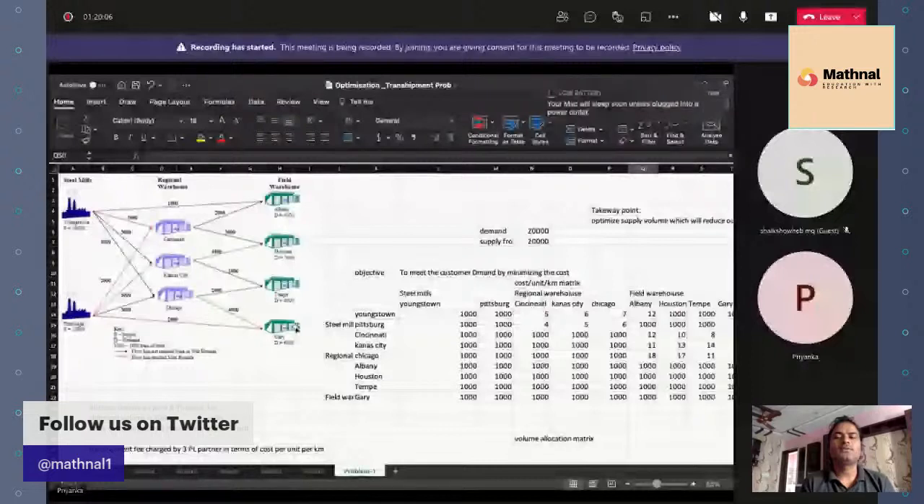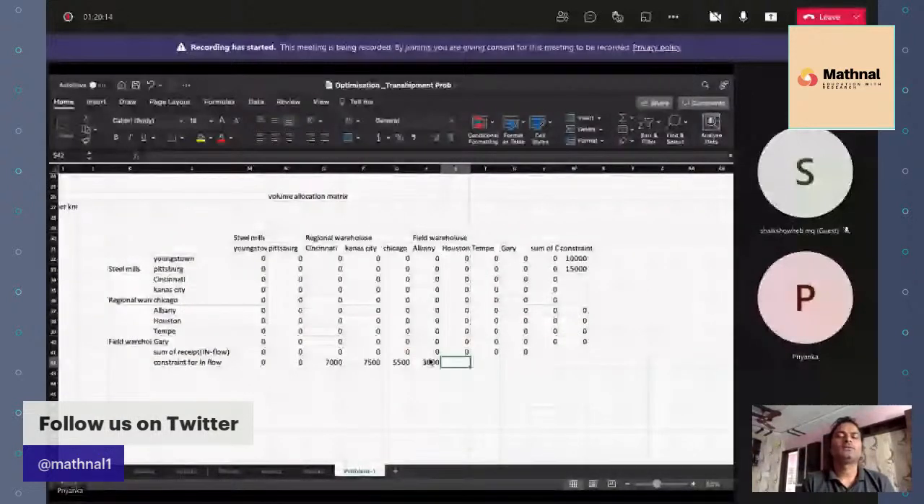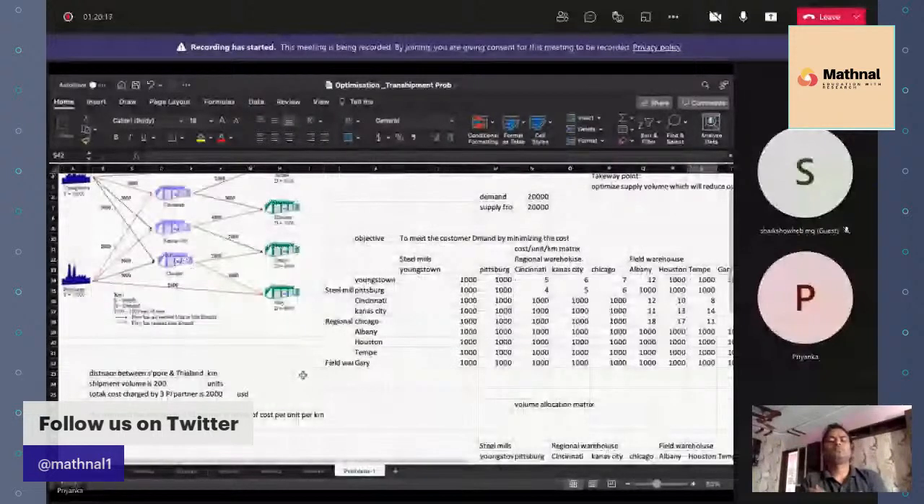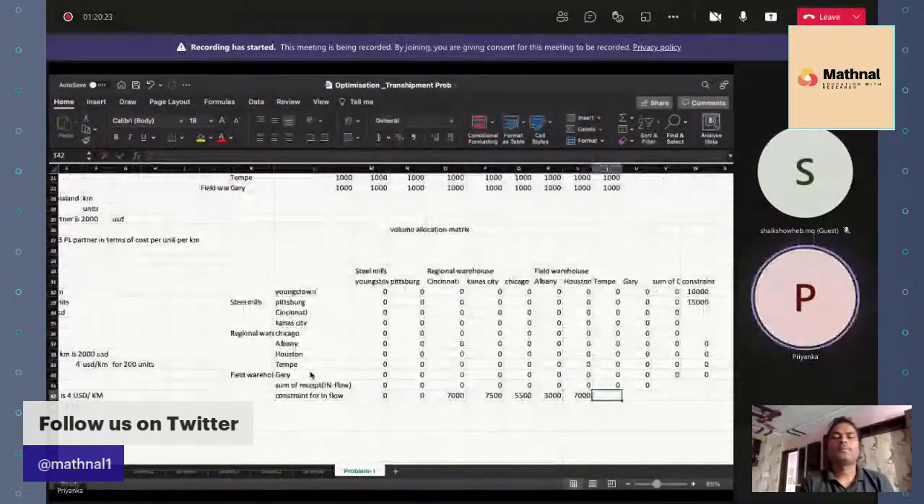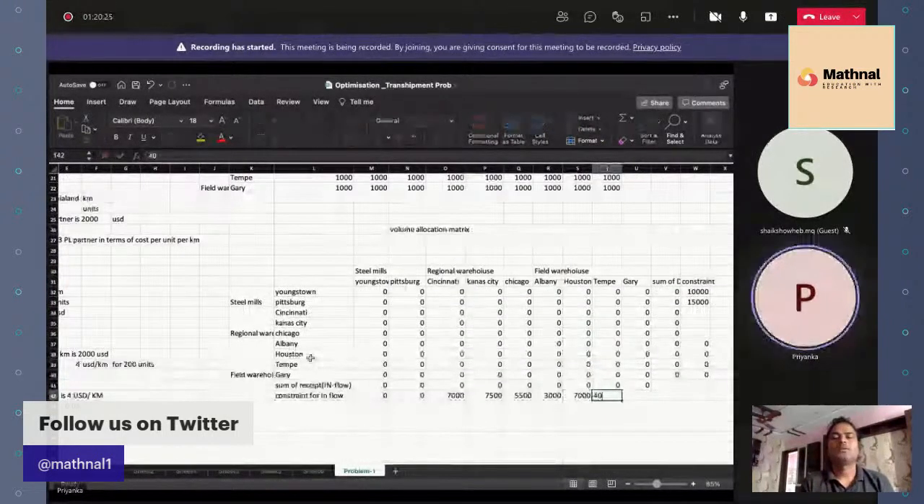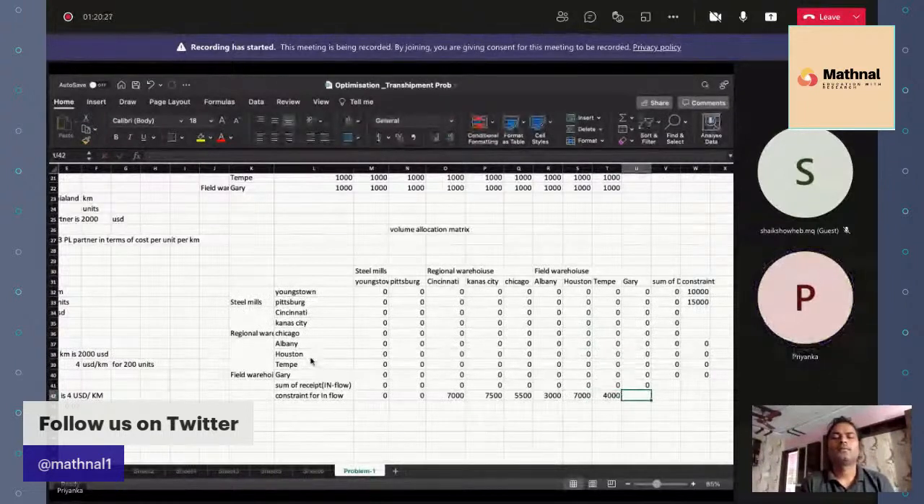What is the first one? 3,000. What is the second one? Go to the diagram and check. 7,000. Next is 4,000. And the last is 6,000. Okay. Now we have to put